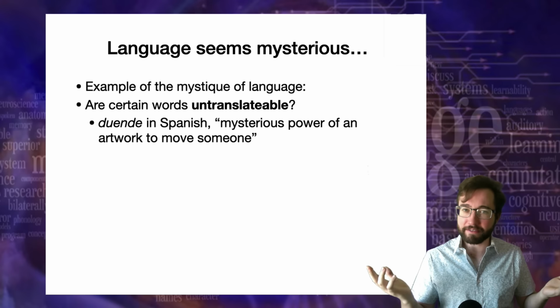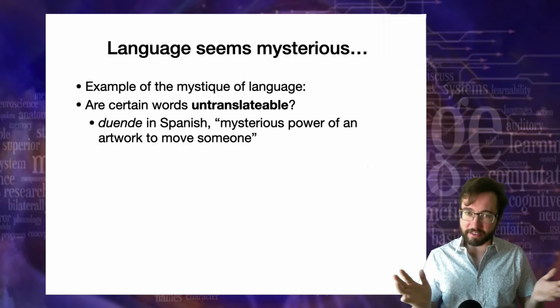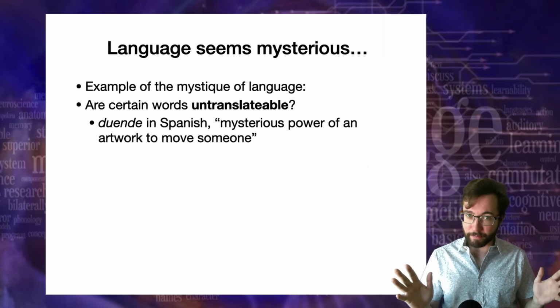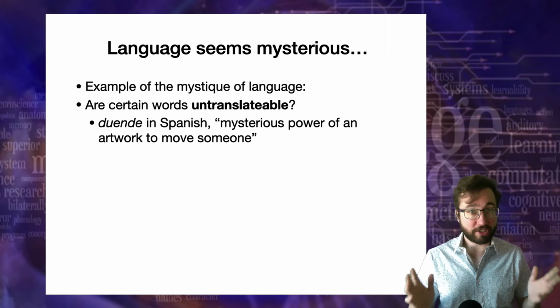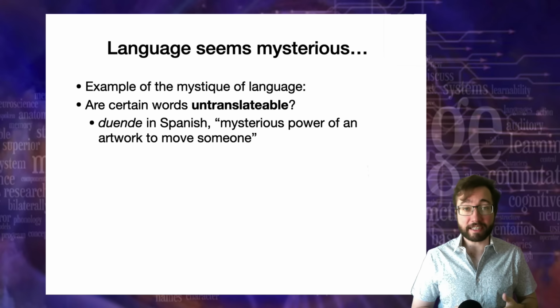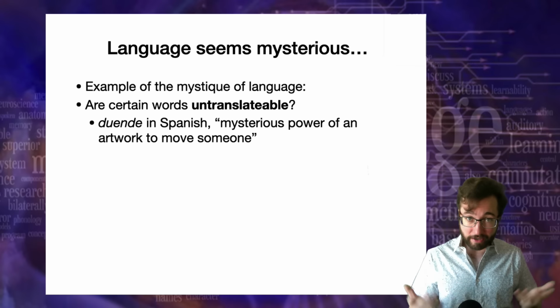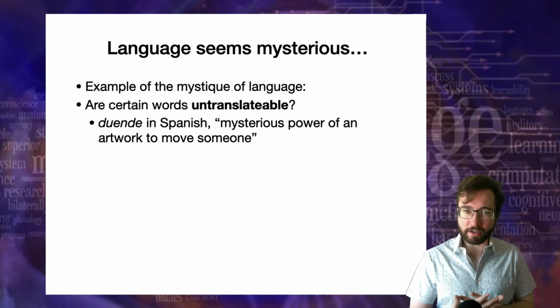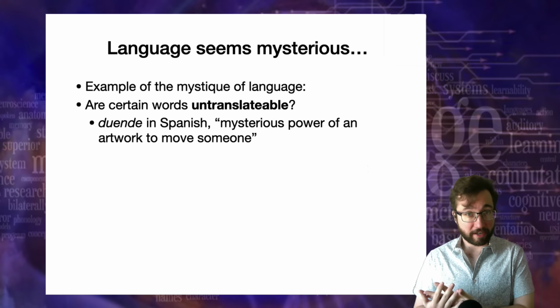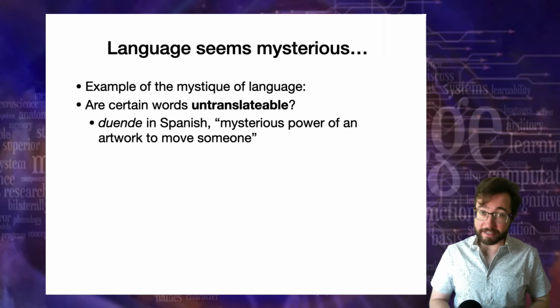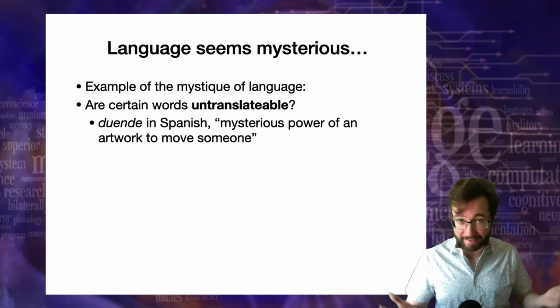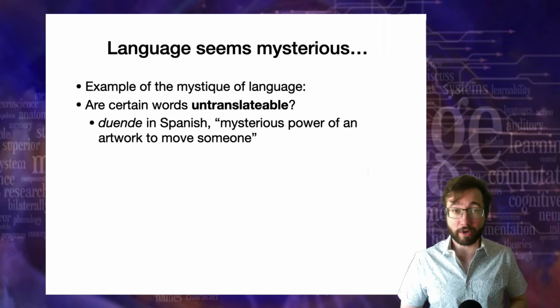If so, how could we have a science of language, right? If there really are these untranslatable words, that seems like a problem. Because a science of language would mean an objective analysis of language. An objective analysis means something that everyone can agree on. Well, if there are words that a Spanish speaker can understand, that an English speaker cannot ever understand, then how could they ever reach an objective agreement? So if there are these untranslatable words, then that does seem like an example of a way in which language